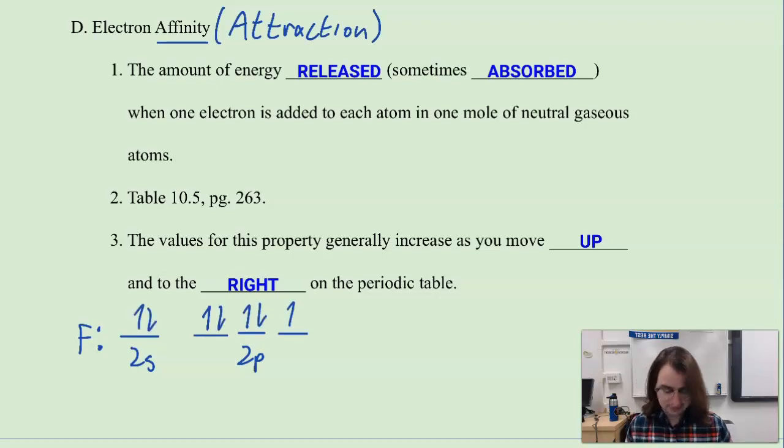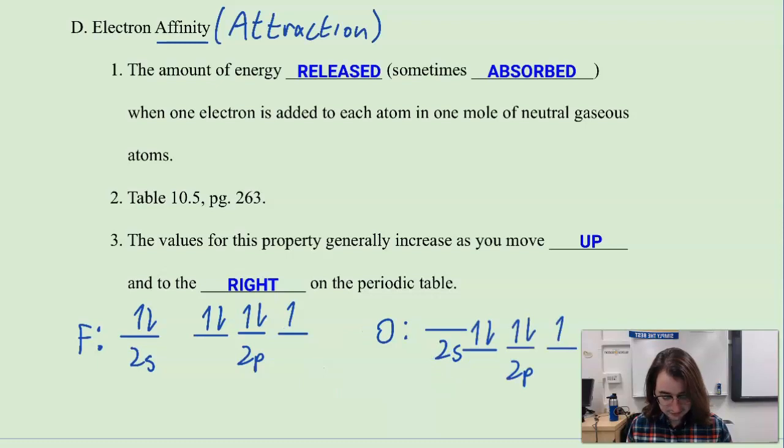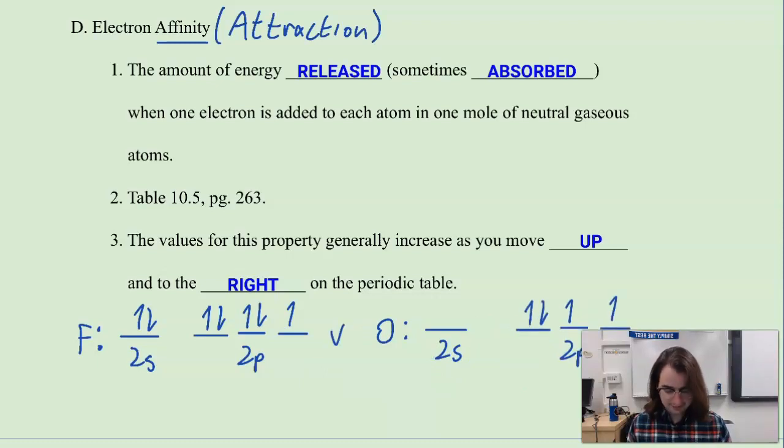And let's also think about fluorine's neighbor. Let's think about oxygen, which also has a 2s, and it has an almost identical 2p, except it has one less electron in the 2p. So if I were to ask you to compare the electron affinity between these two, remember that electron affinity